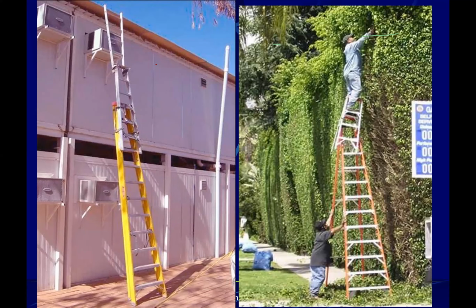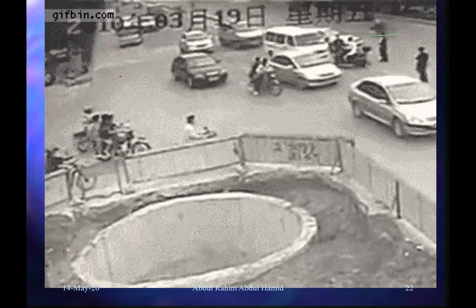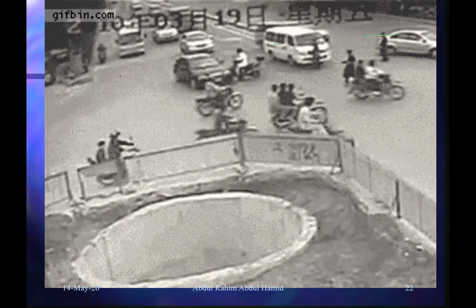People are often working using a poorly constructed ladder, because they want to extend the ladder and do some kind of modification. That is the issue.